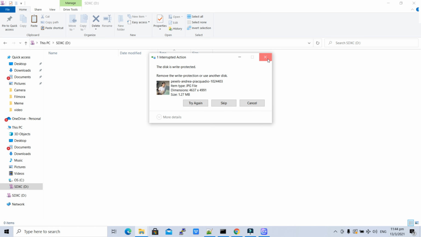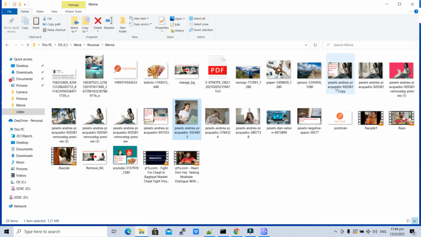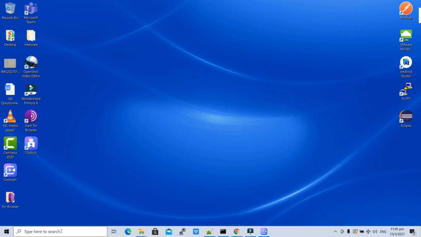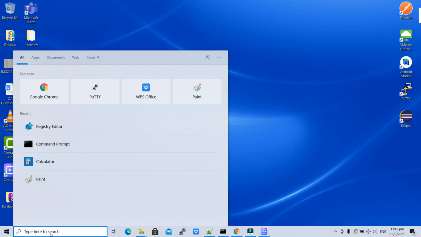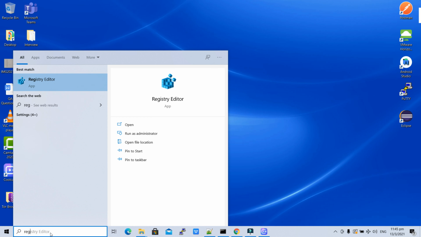Let's see. We can go to Windows search or Start and search for regedit. If you search for regedit, it will show the Registry Editor.